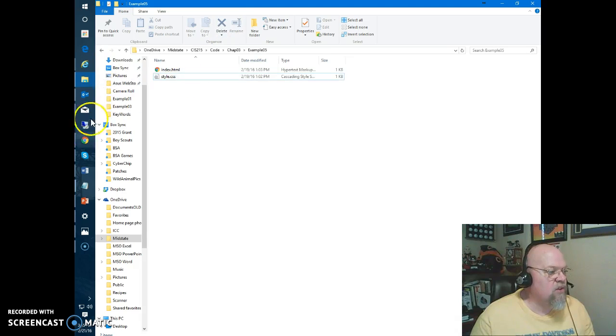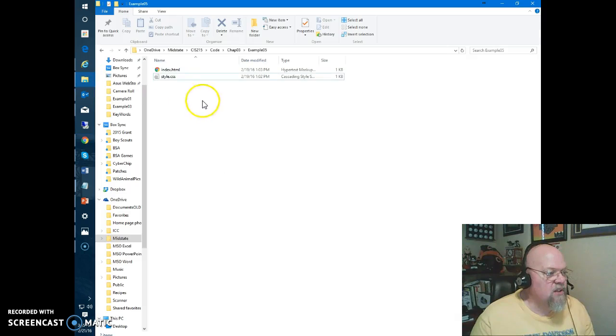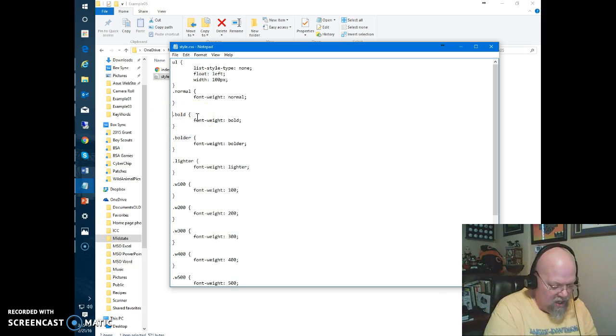So again, what does that look like? Well, there I am looking now. Notice this is where we basically see the different classes. The dots are classes. Pound signs are IDs. So we could have used a pound sign here and made an ID. So example here is bold. If I were to change that to a pound sign